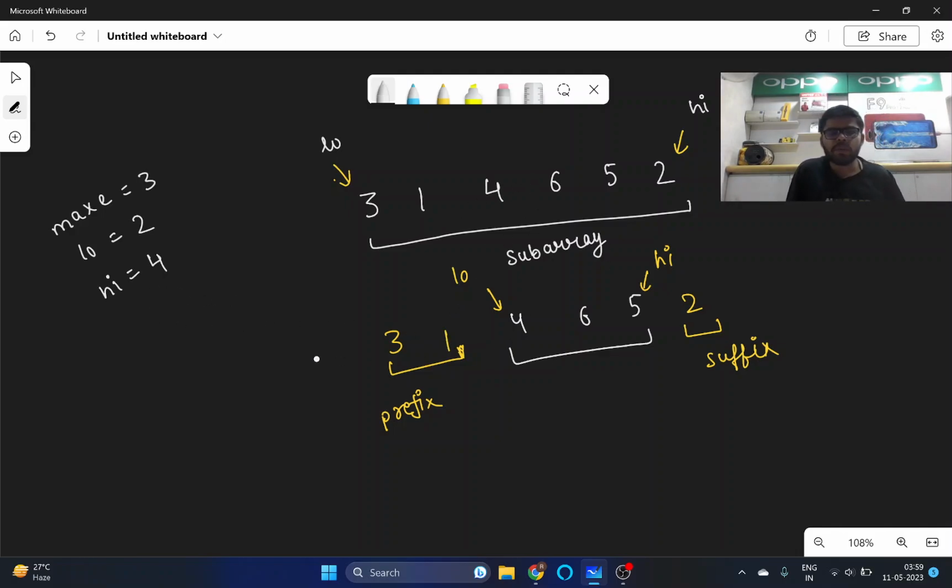Now the real reason why I was maintaining low and high. One of the reasons was that I can maintain this. You could have maintained something like prefix length and suffix length to keep track of these lengths. Or what you can do is that if low is equal to 2, it means that the elements at index 0 and 1 would be included in the prefix. So 0 and 1, that is 2,